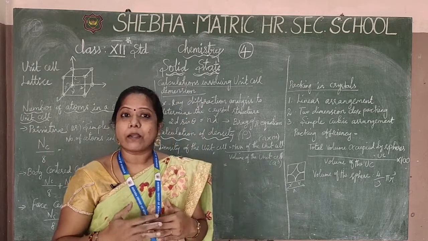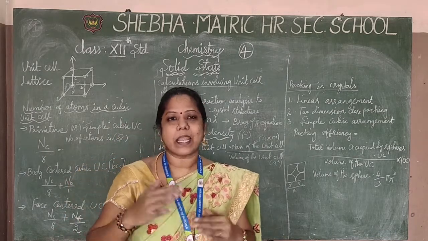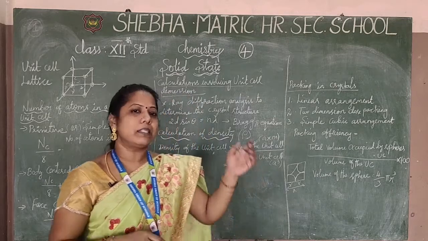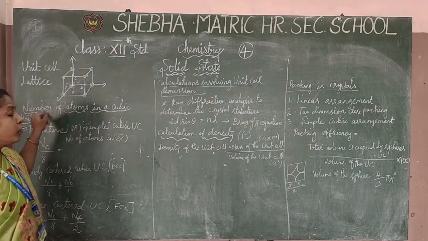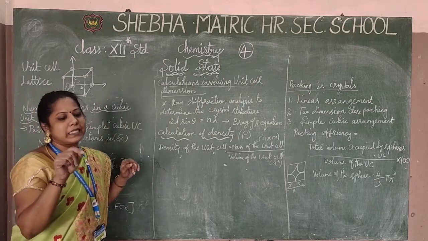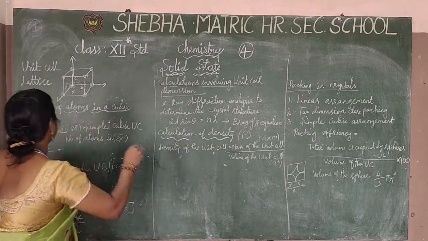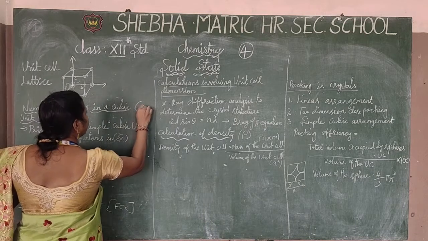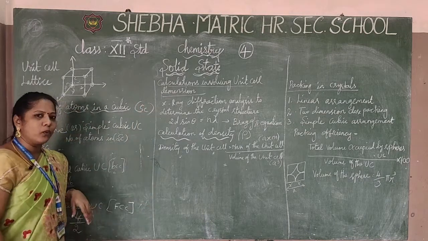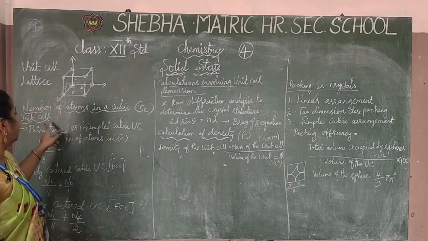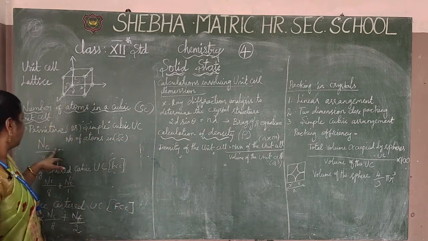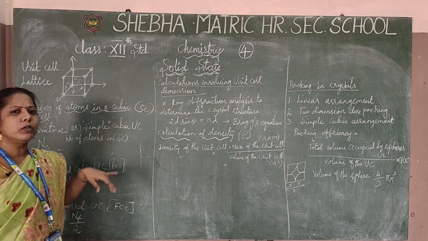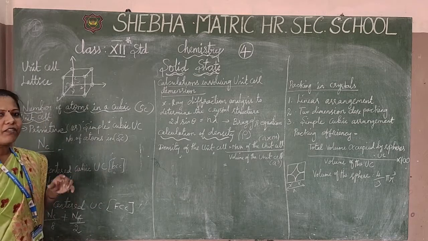How do we calculate the number of atoms for these three categories? We have to go for the concept. So, the number of atoms in the cubic unit cell, first SC, the simple cubic unit cell. The primitive and simple cubic both have the same meaning. For that we have to read about the type of formulas.